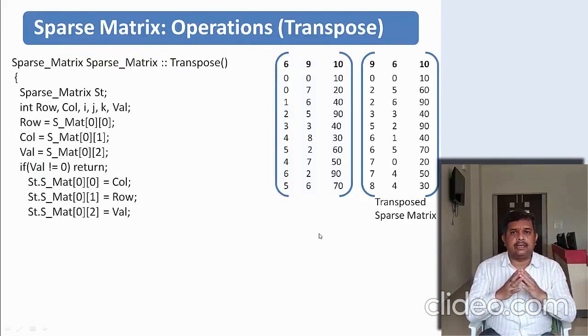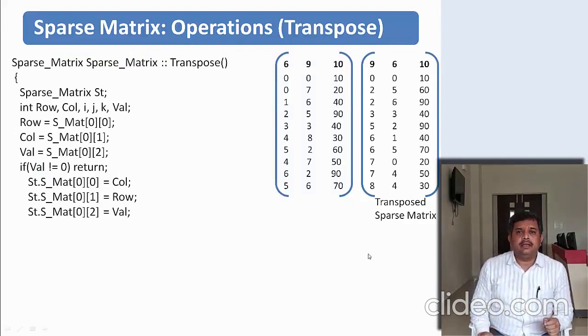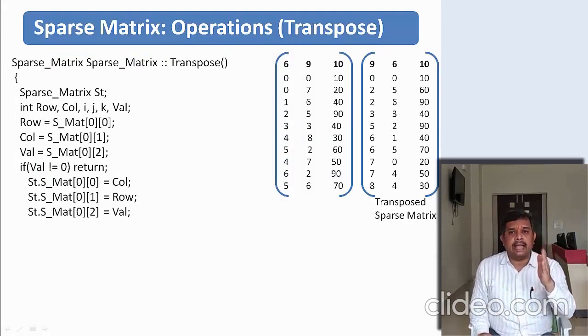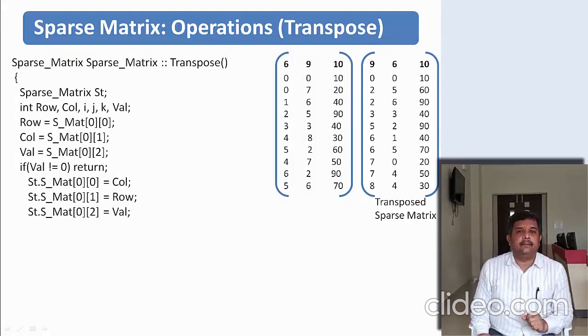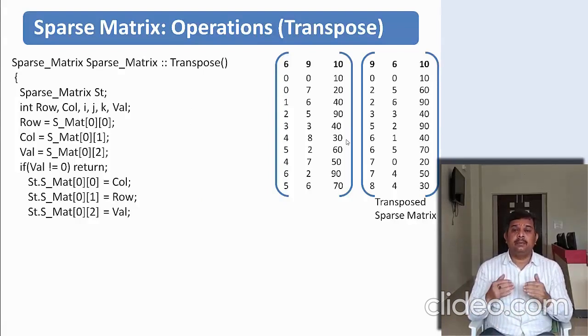Let us discuss the algorithm for transpose of matrix. Here these two matrices we are taking, we are trying to understand the algorithm with this given data. So here we are taking a variable called sparse matrix. It means we are saving the transposed sparse matrix in ST, and we are defining variables row, column, I, J, K and val. Row indicates row number, column indicates column number, and val indicates how many non-zero entries are there